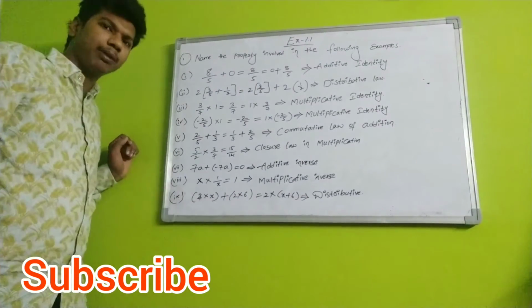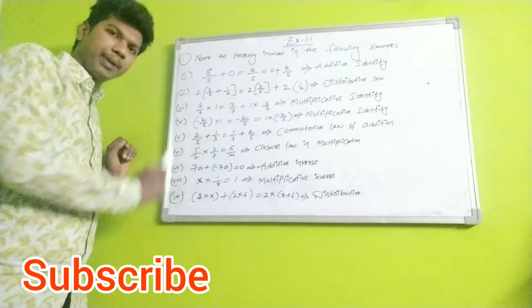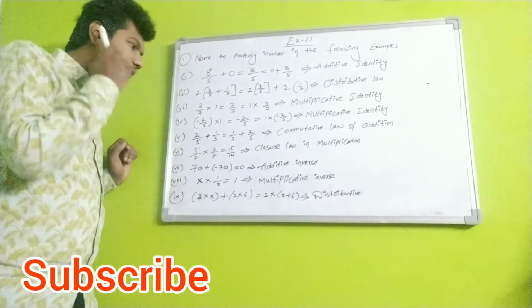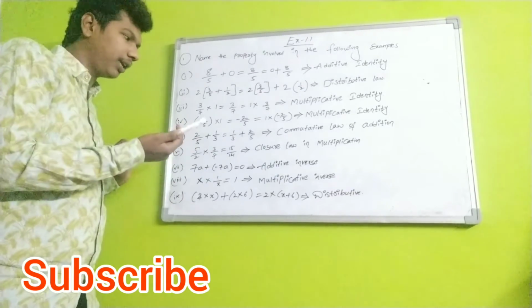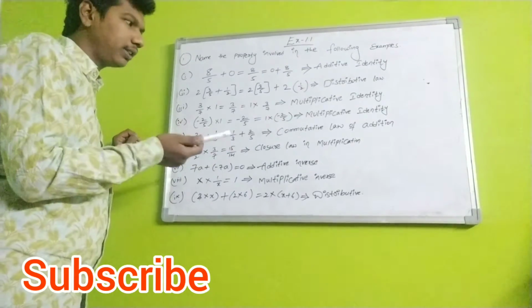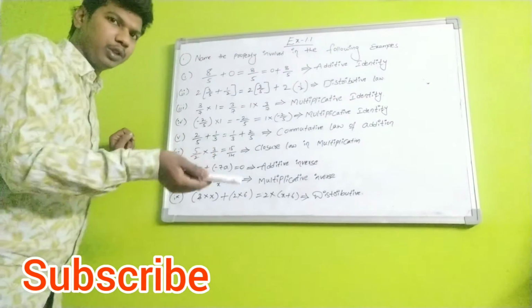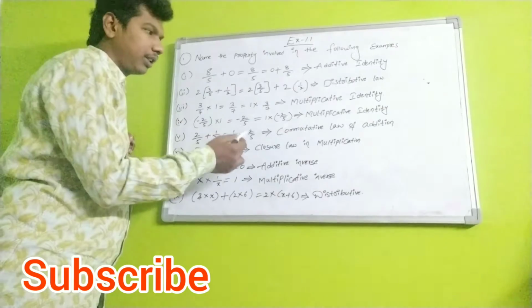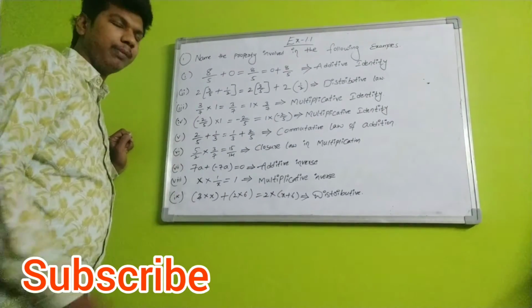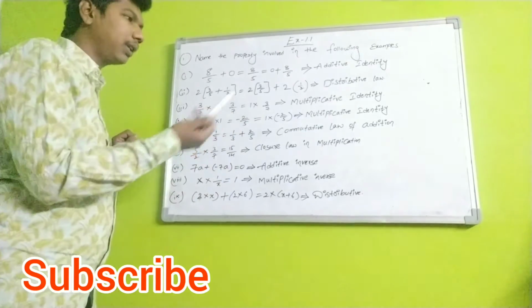Next, coming to question number 5, that is 2 by 5 plus 1 by 3 is equal to 1 by 3 plus 2 by 5. If you solve this one, you will get the same answer, both are the same, right? First number, second number, and second number, first number, both the answers are the same. If you simplify, you will get the same answer. Therefore, this is commutative law of addition. Why? Because in the middle the plus symbol is there, that is addition.